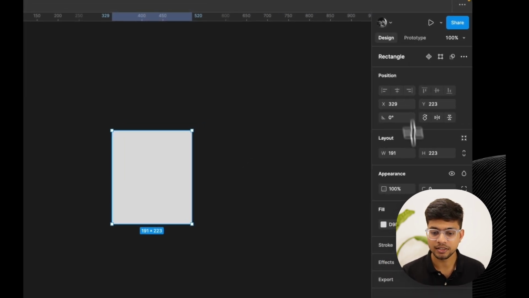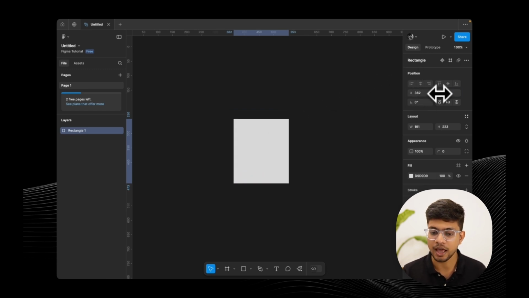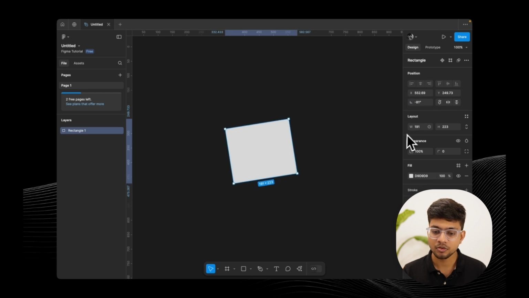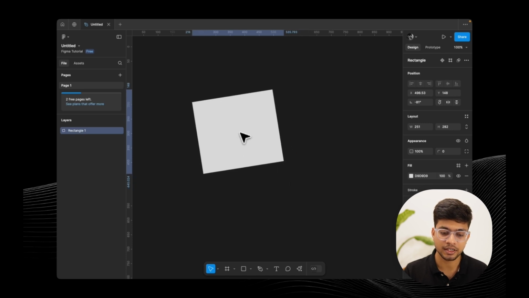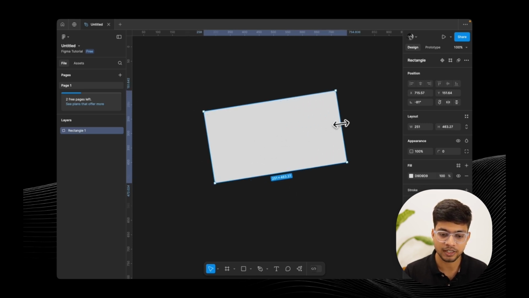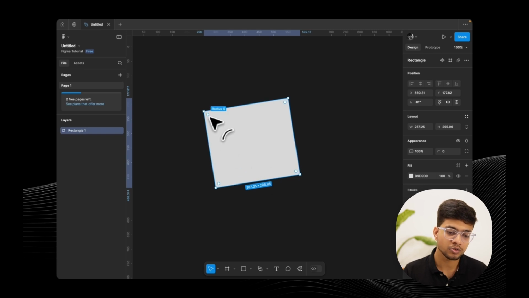So let's delete it. As I create a rectangle using the rectangle tool from the toolbar, you'll notice there are a couple of properties associated with the rectangle tool. These are position, where you can change the position of the rectangle or rotate it further. You can also change the width and height of the rectangle. This is also possible just by selecting the rectangle, going to the edge of the rectangle and changing the width or height. Also, these 4 dots can be used to change the radius as well. So everything that can be done from here can be done from here as well.